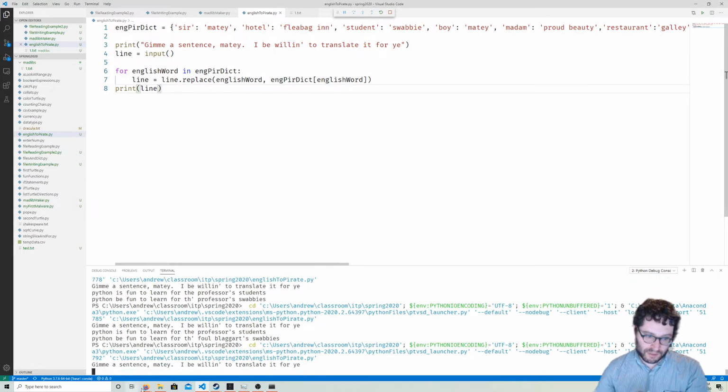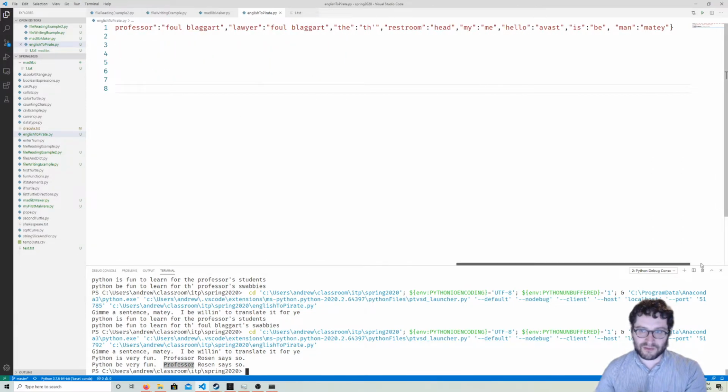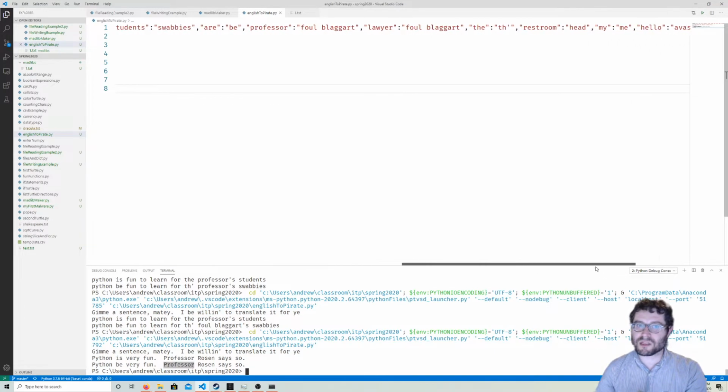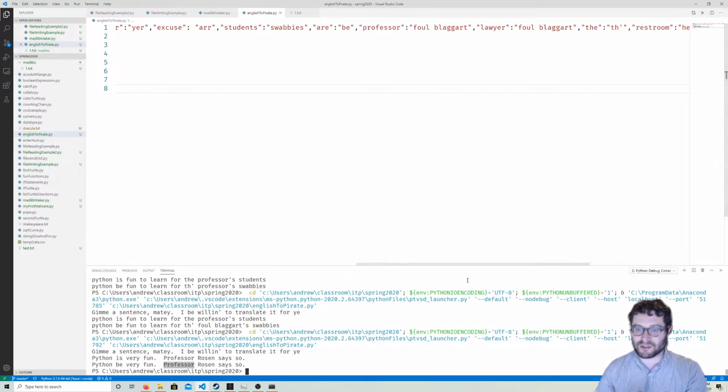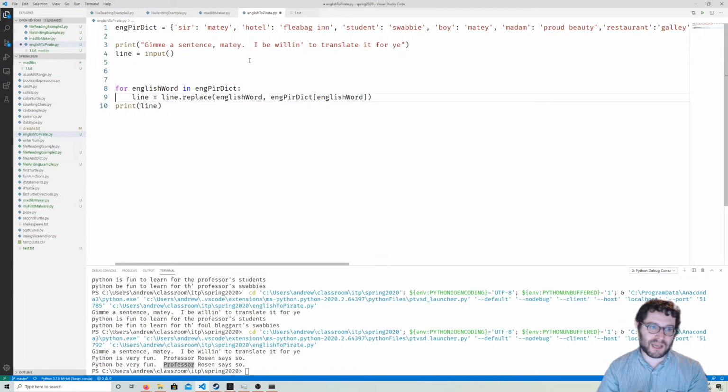One thing, though, I noticed that we're missing here is "Python is very fun. Sir Rosen says so. Python be very fun. Professor Rosen says so." It's not catching this because it's capitalized. And really, it seems like a lot of trouble to put it to lower and then convert correctly from lower to upper or whatever. So what we're going to do is just simply say, hey,